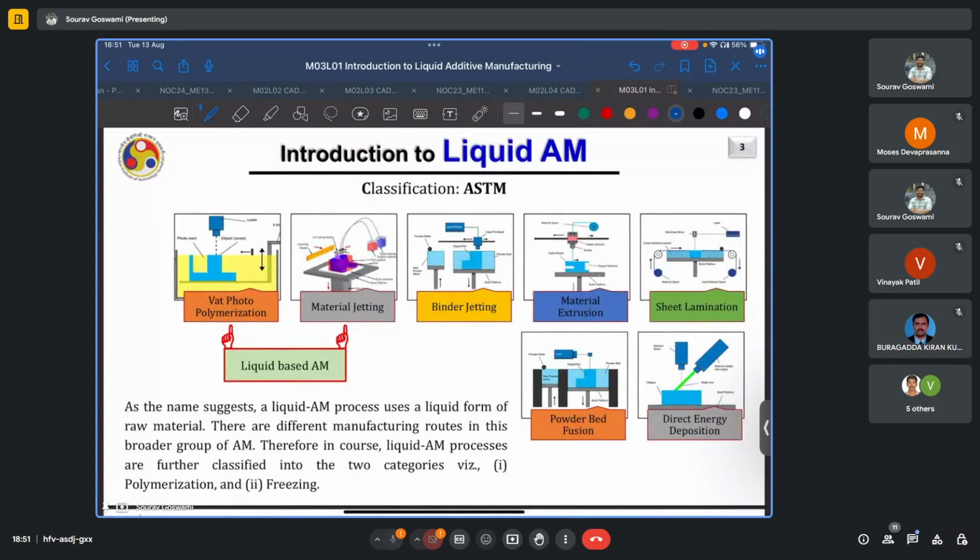Yes. Now, ASTM has classified all additive manufacturing processes into 7 broad types. And as we discussed, they are ordered in terms of higher energy requirements. So, vat photopolymerization will typically utilize the least amount of energy. It will have a UV source of the order of 40 milliwatts, whereas when you approach powder bed fusion,